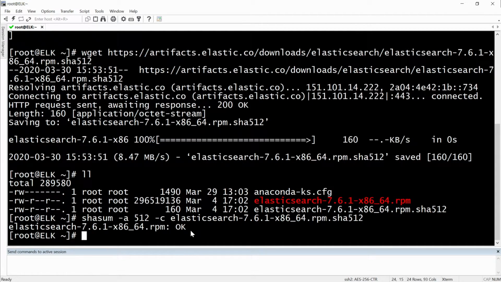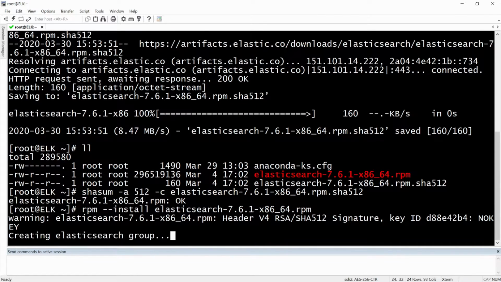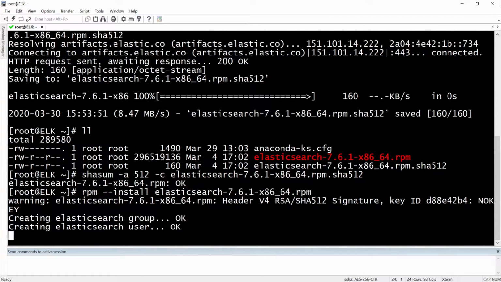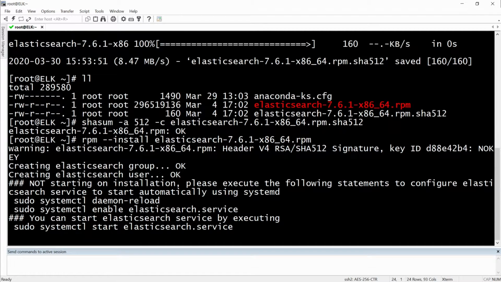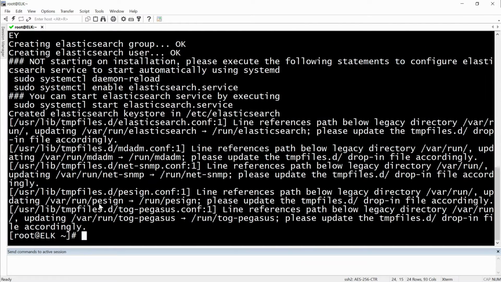To install it, we are going to do an rpm install of Elasticsearch. And as you can see here, it will automatically run the commands for you, like daemon reload, enable the Elasticsearch service and also start it. So we can check the Elasticsearch service to see if it's running fine. Status Elasticsearch service,